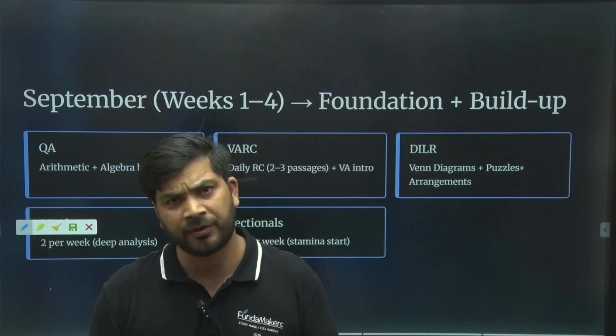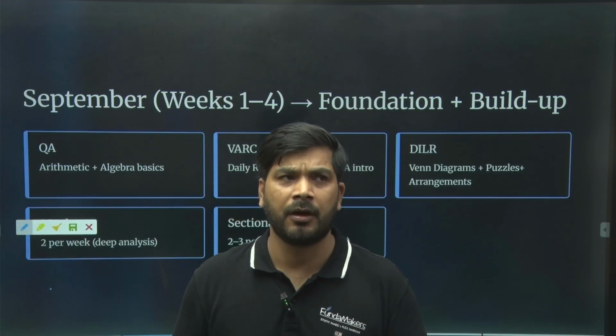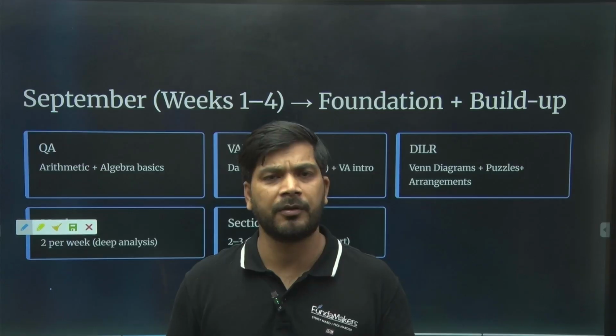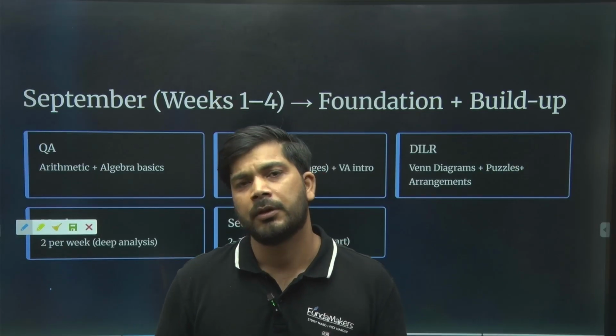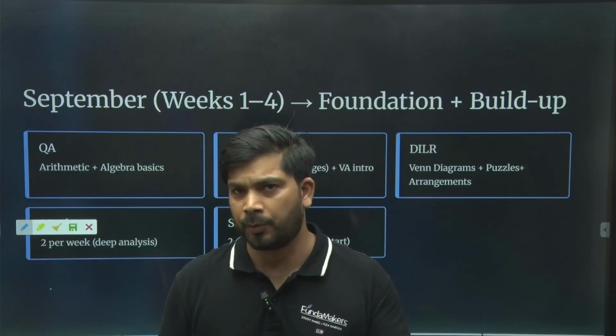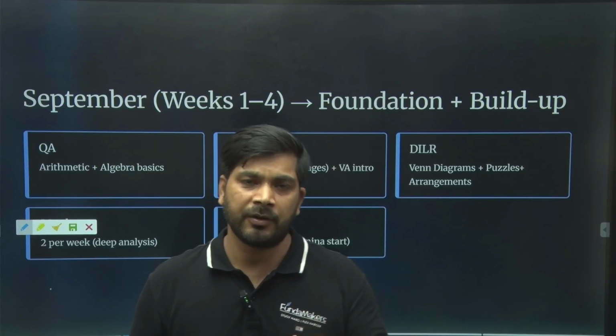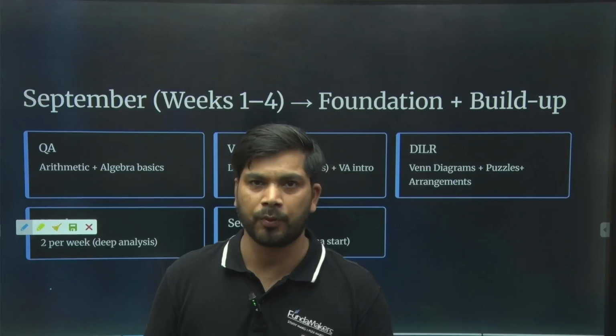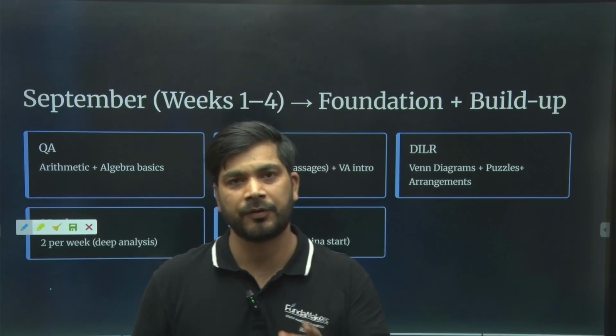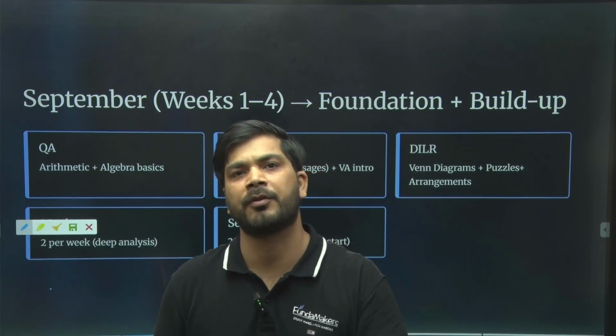There are 6 chapters in arithmetic, everybody knows that: percentage, profit and loss, simple interest and compound interest, averages, mixture and alligation, time, speed, distance, time and work, and equation, ratio, proportion and variation. If you talk about where to start, it should be ERPV: equation, ratio, proportion, variation. Start with that, because that will help you grow in other chapters as well.